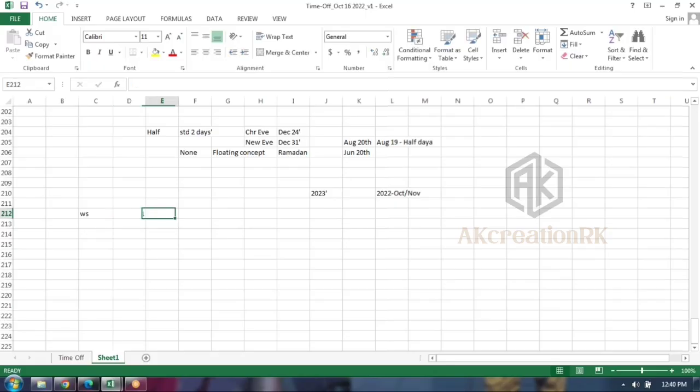So scenario one: a few people work 5 days a week, 9 hours per day, so the total is 45. A few employees work 5 days a week, 8 hours, which should be 40 hours. That you anyway know. The third scenario, for example, 6 days a week, 8 hours, 48 hours. If your customer has this kind of requirement, it's all for interview purposes, guys. Whether your customer has it is secondary. In interviews, they may ask you this question.